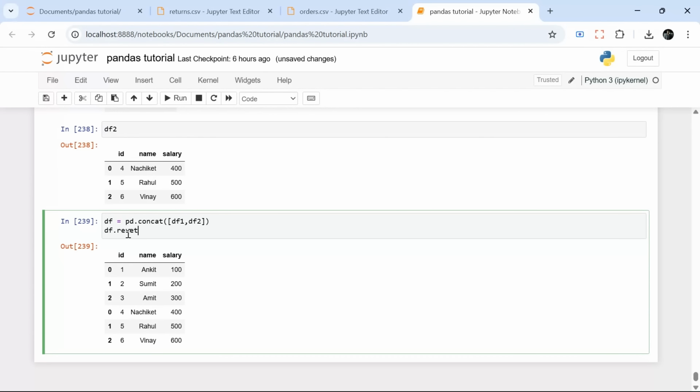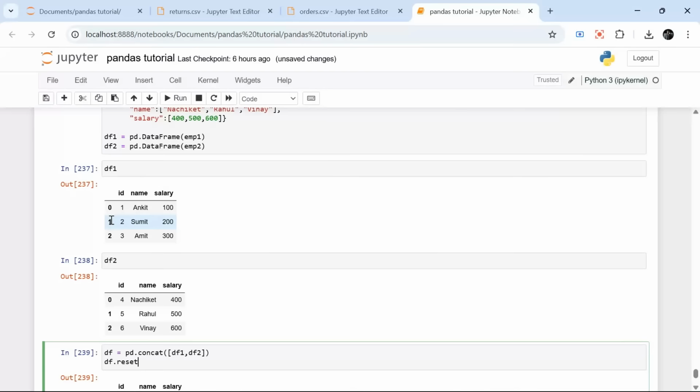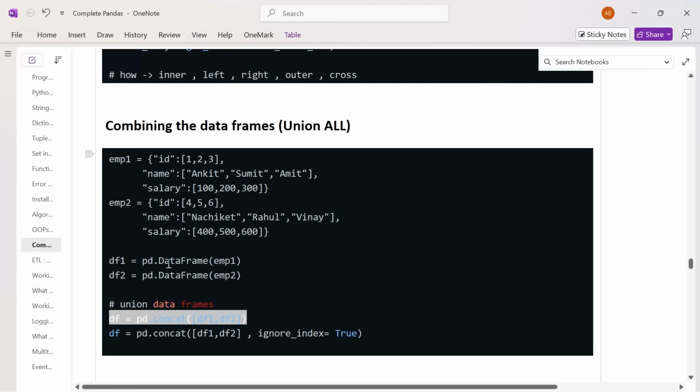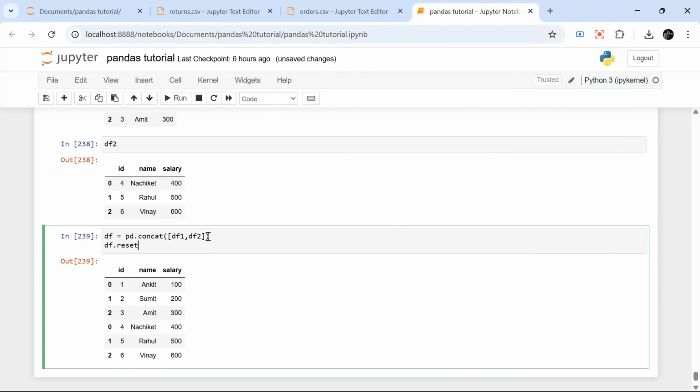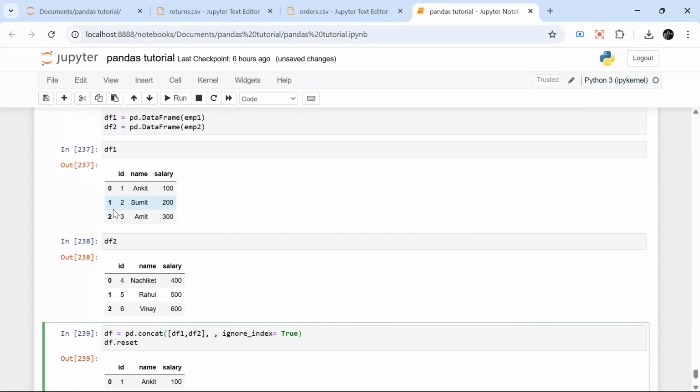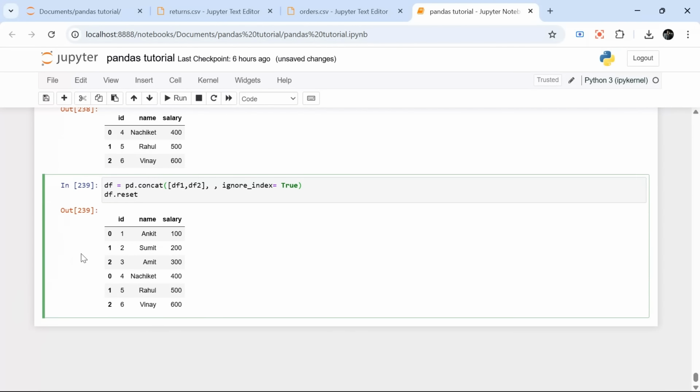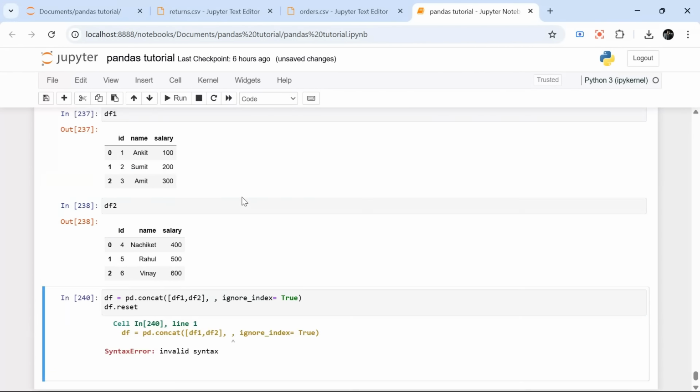Because index is like 0, 1, 2 and 0, 1, 2. So it is taking the index as it is from these two data frames. So what I can do, or I can say this as well, ignore_index equal to true. Right? So if I just go there and say ignore_index equal to true, it will ignore the index of these data frames and create its own index, right? So if I run this now,